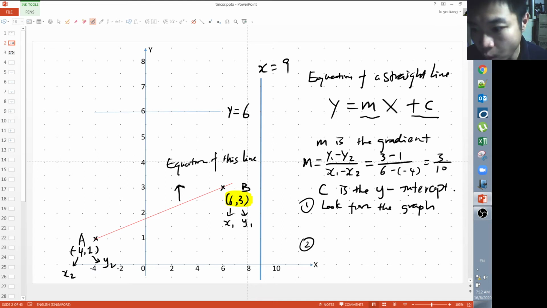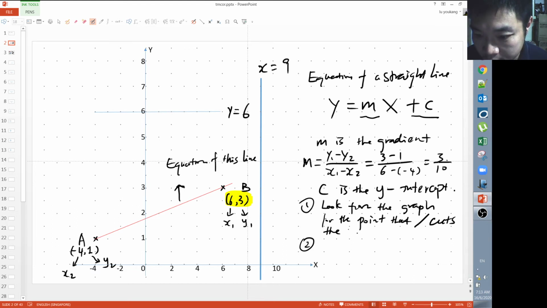Okay, so y-intercept, so what's the meaning of intercept? Intercept means it cuts, right? Okay, so y-intercept means the point that it cuts. Okay, so look from the graph for the point that the line cuts